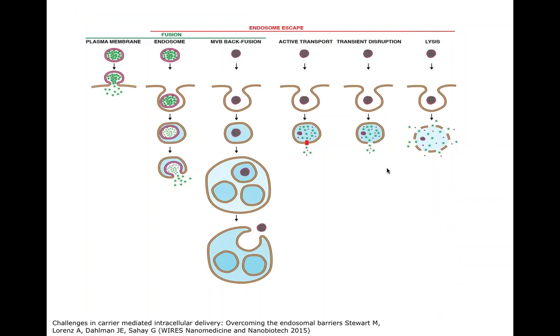To hold this part, I'll say that the endosomal escape pathways are still under investigation. There are multiple ways by which intracellular delivery can happen with bacteria and viruses, and this might be true with nanoparticles as well. This may include some active transport from the vesicles, some lysis, back fusion of the multivesicular bodies to the cytosol, as well as direct fusion from the cell membrane. So this part of the talk was related to intracellular delivery